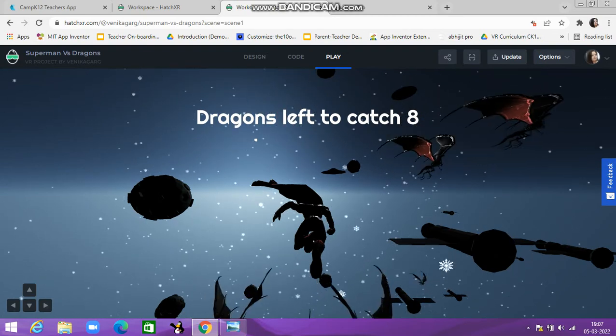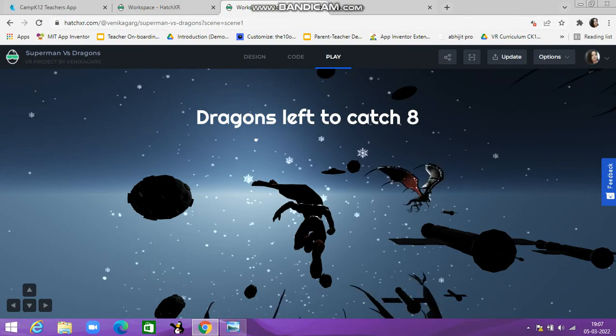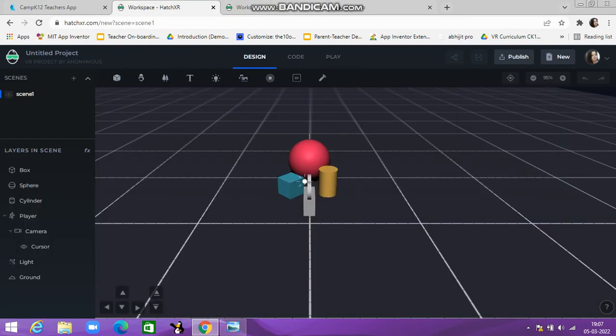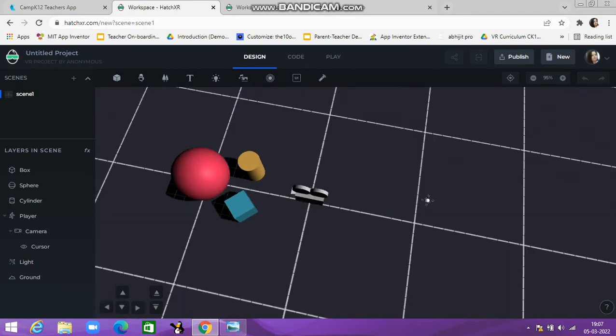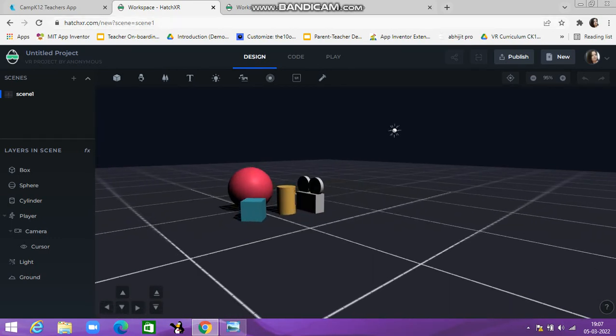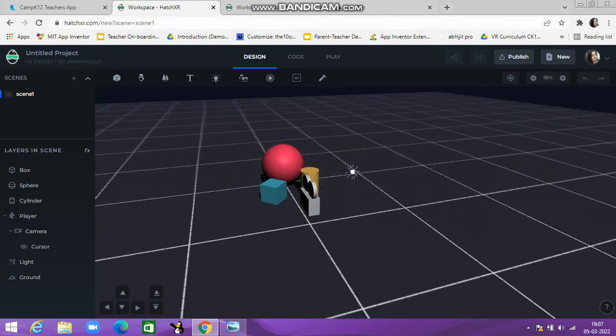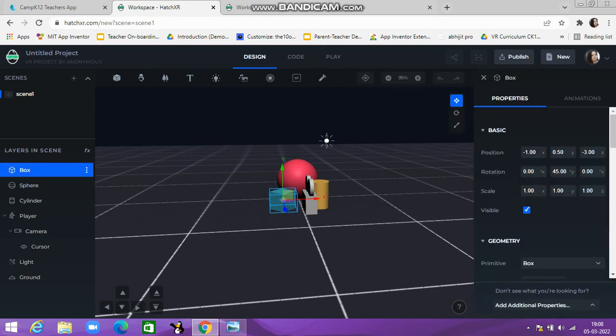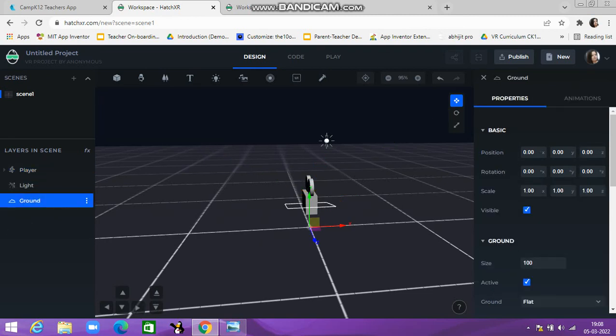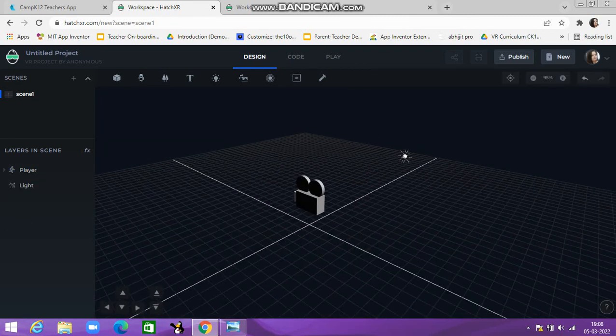So let's start. Okay, so for starting, we need to come to the HatchXr screen. This is our HatchXr screen. Everybody knows this. I will leave the link in the description box. If you don't know, you can just open the HatchXr.com and you can start game development. Okay. So let's start. So these are the three objects. So first we need to delete all this. And we need to delete the ground also. Okay. Now this is the